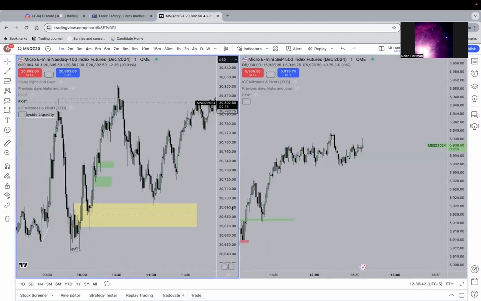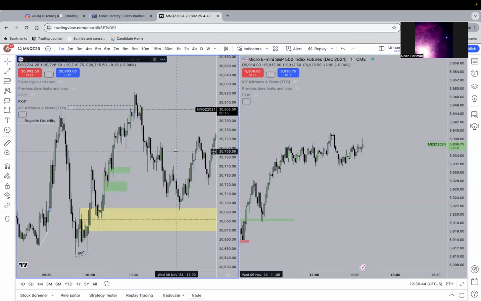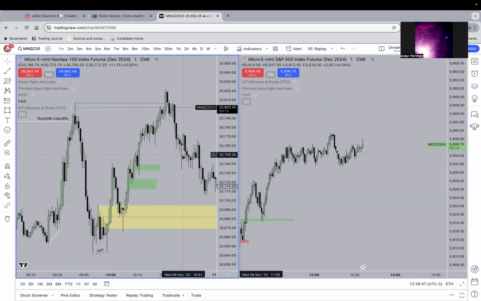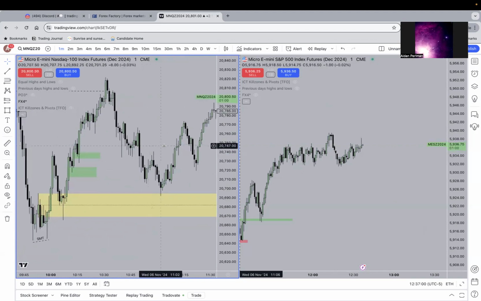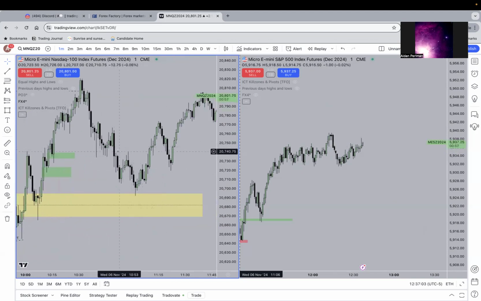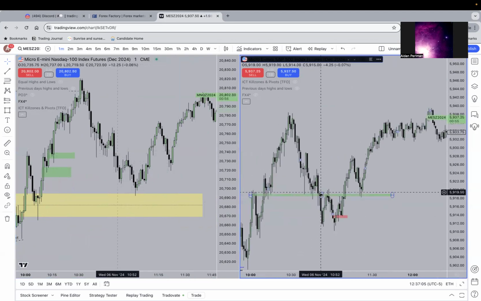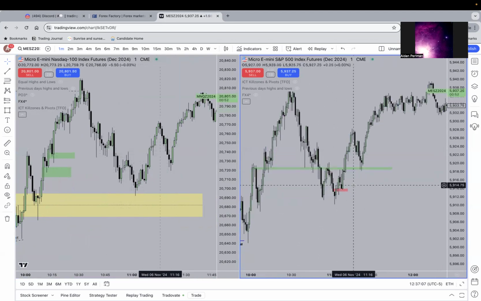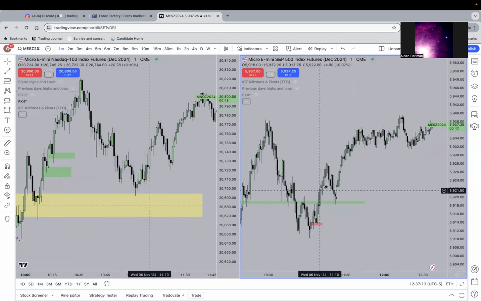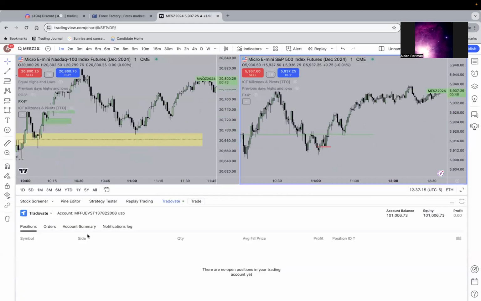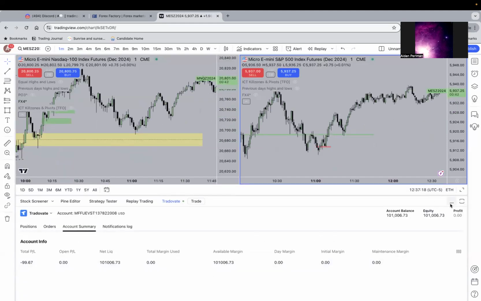But overall, I didn't find my entry necessarily. This is more of an order flow type of day. Trusting fair value gaps to hold price would have worked, but we just didn't get a lot of favorable retracements. On ES, this is the only one that I kind of liked, and I entered and I got broken even, but that's whatever. But yeah, that's really it. I am a little bit down on the day. Yeah, 100 down on the day,